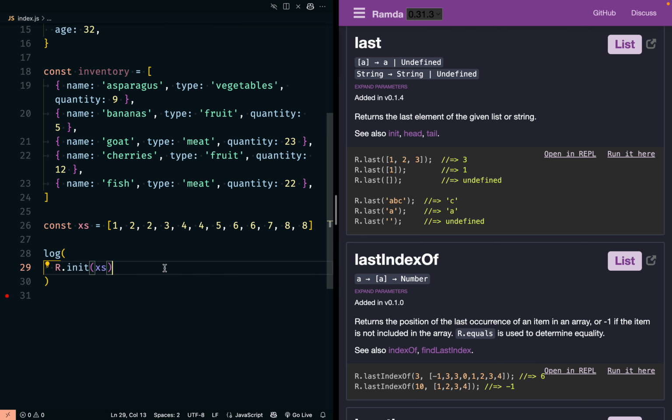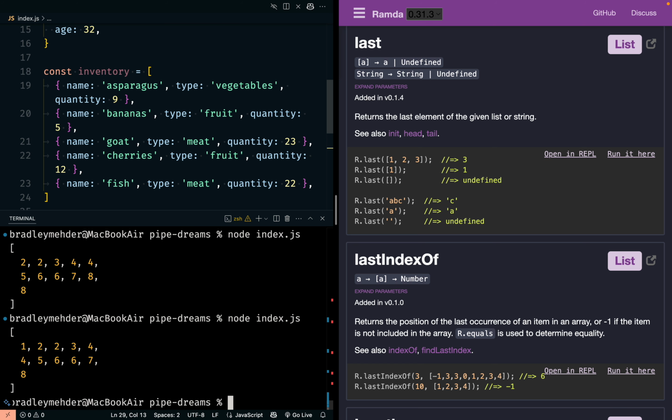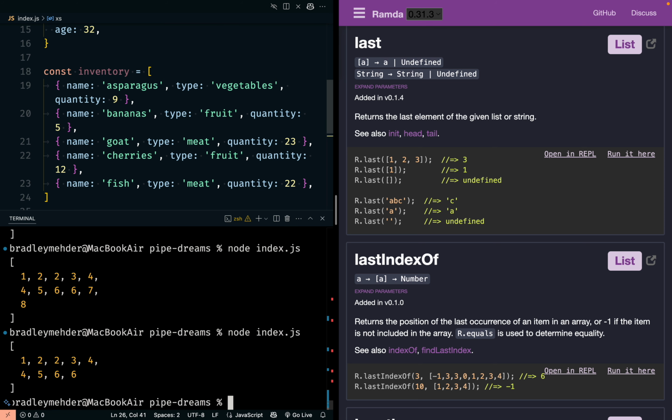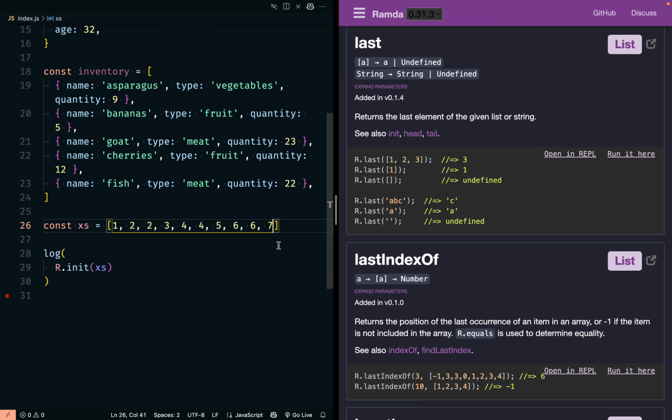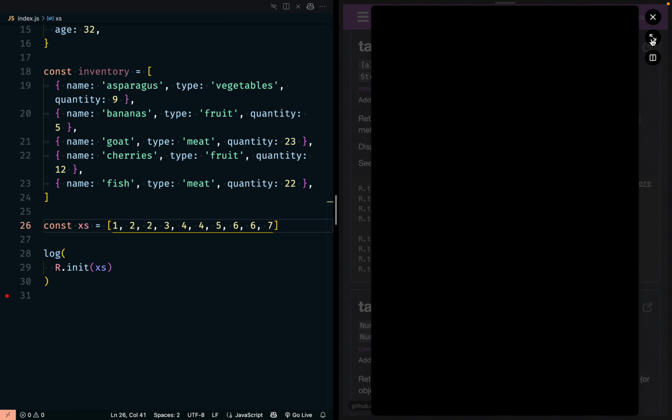Always found that to be a strange name because init, I think, is like initialize or something. But anyway, one, two, three, blah, blah, blah, all the way through 8. I have two eights. Let me get rid of that. Yeah. 1 through 6, and then it ignores the seventh. And if we look at tail and look at the code for that,